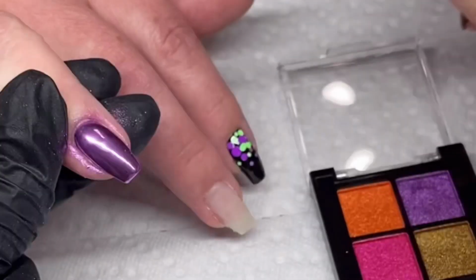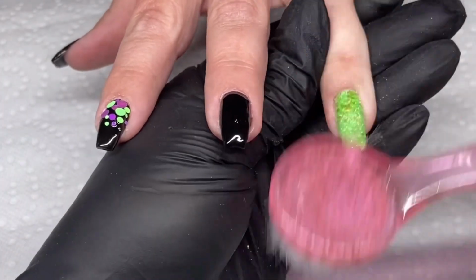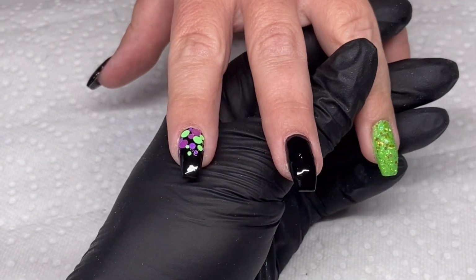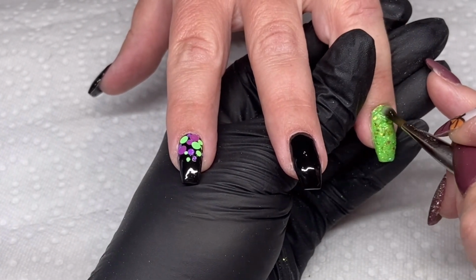I'm just going to freeze the frame so you can see how beautiful it really is. Now moving back to the other hand, that loose glitter was cured, so I'm just removing any extra that may have been on there. Now I'm taking that Brilliant and Universal from Magic Gel and I'm going to encapsulate this